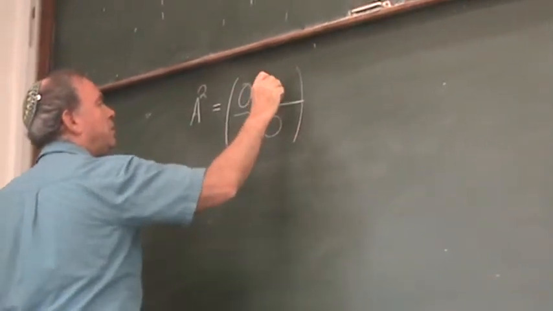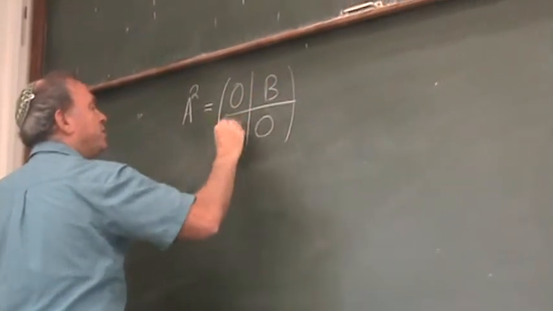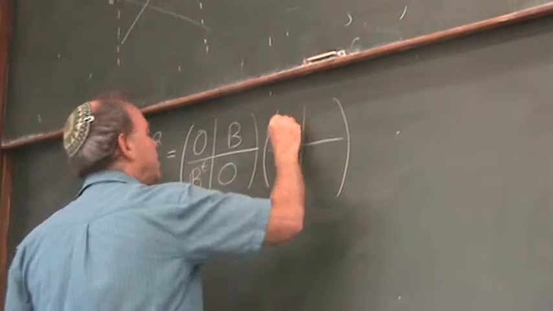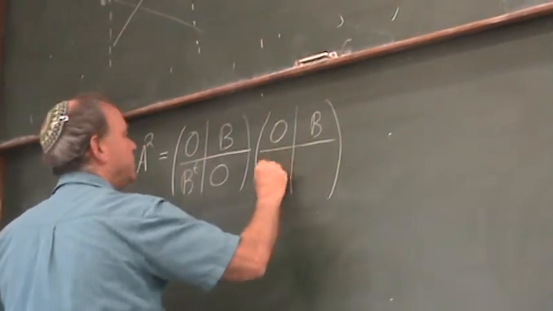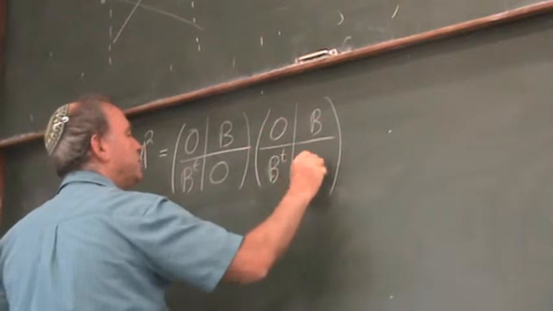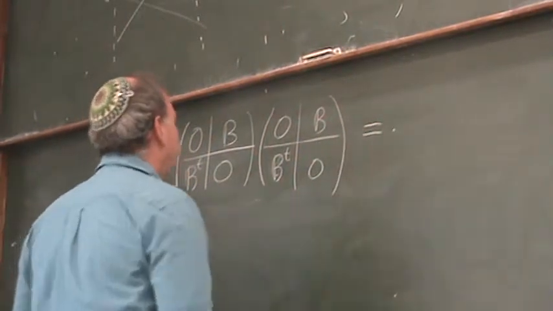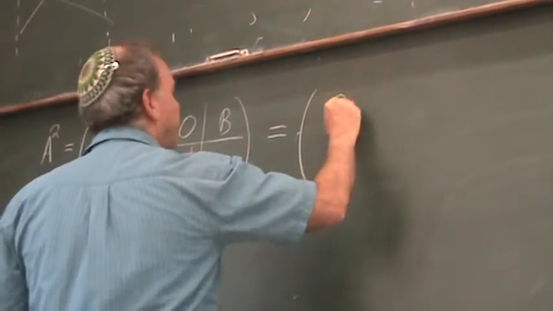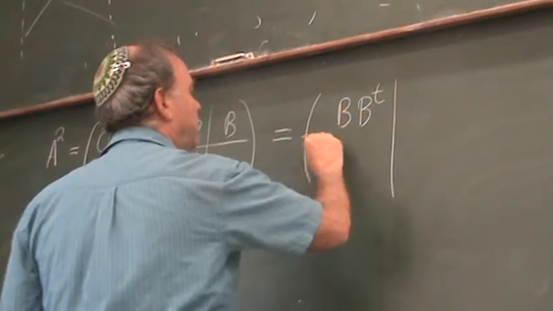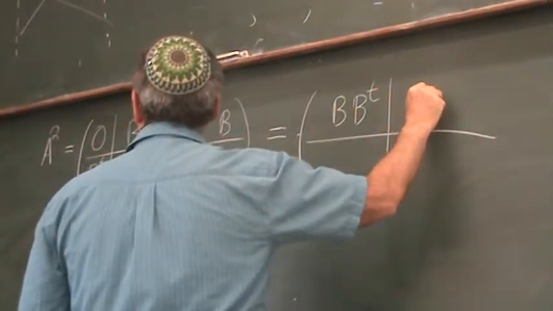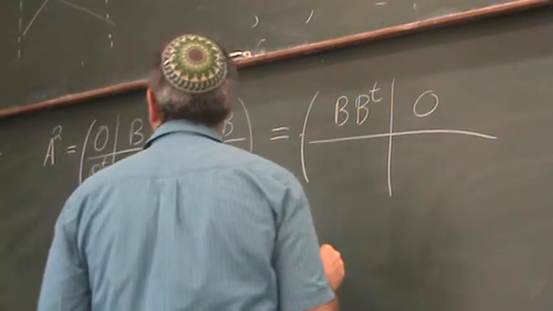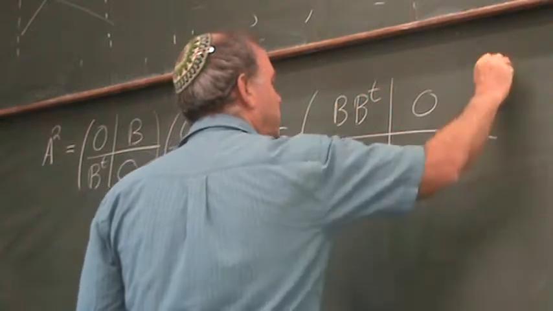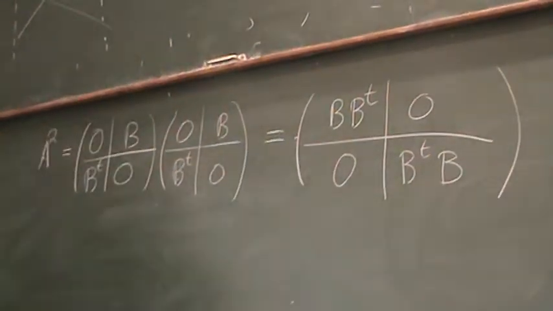If you take the matrix with 0, 0, B and B^T, and multiply it by itself, the blocks are all of the same size, so this is equal to BB^T, 0, 0, and B^TB. And the BB^T and B^TB blocks